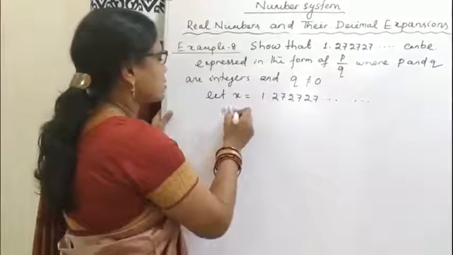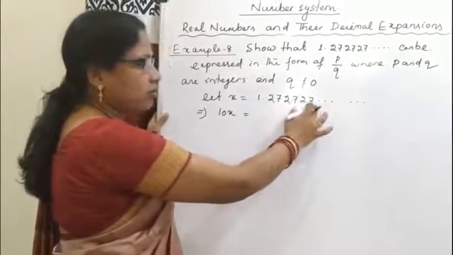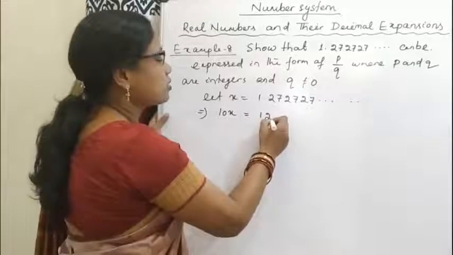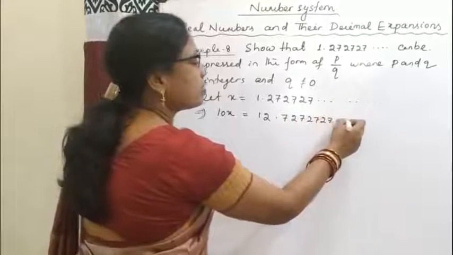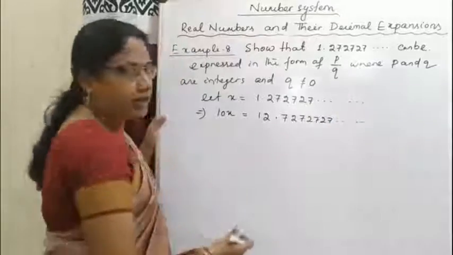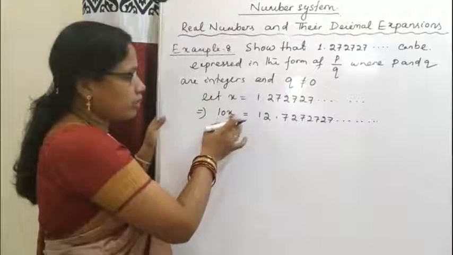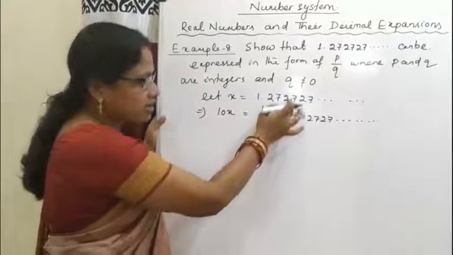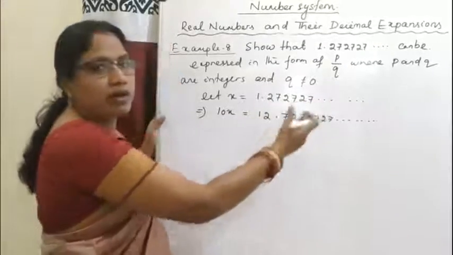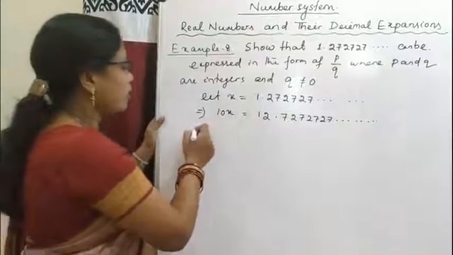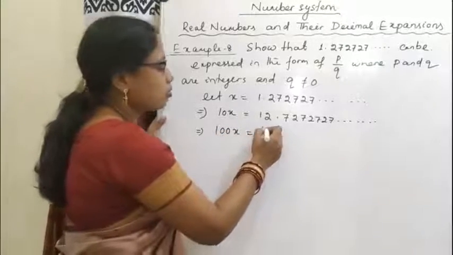So 10x is equal to, if we multiply this decimal number by 10, this becomes 12.7272727 up to infinity. So 27 is repeating. So here we cannot subtract x from 10x, as these two decimal numbers do not have the same digits after the decimal point. So again we will multiply both sides by 10. So this is 100x is equal to